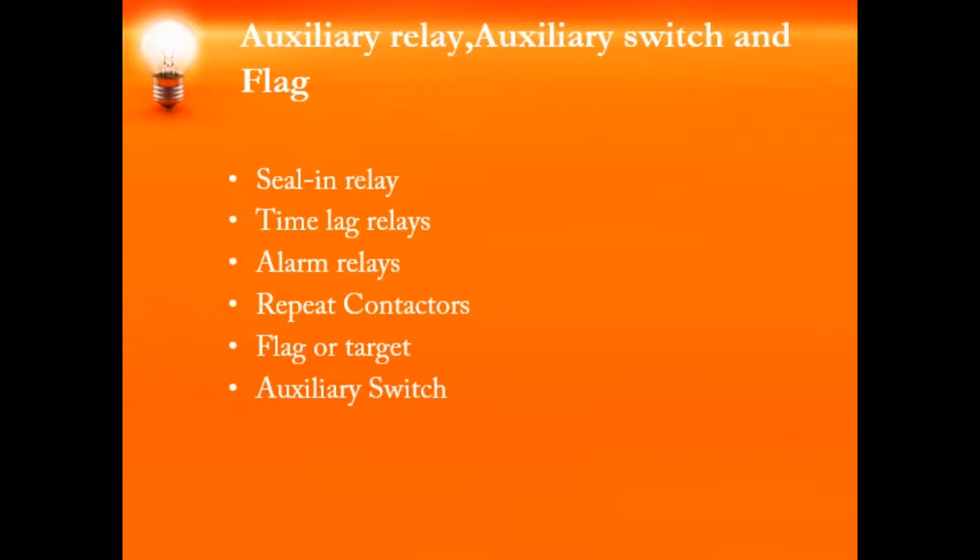The protective relay performs the task of measurement and, under the required condition, closes its contact. Operations such as tripping, time lag, breaking of trip circuit current, giving alarm, etc. will be performed by the auxiliary relays. Auxiliary relays repeat the operation of the protective relays as well as control switches. Repeat contacts and auxiliary switches are also used to assist the protective relays. The reason for using auxiliary relays: first, protective relays are delicate and light in weight.